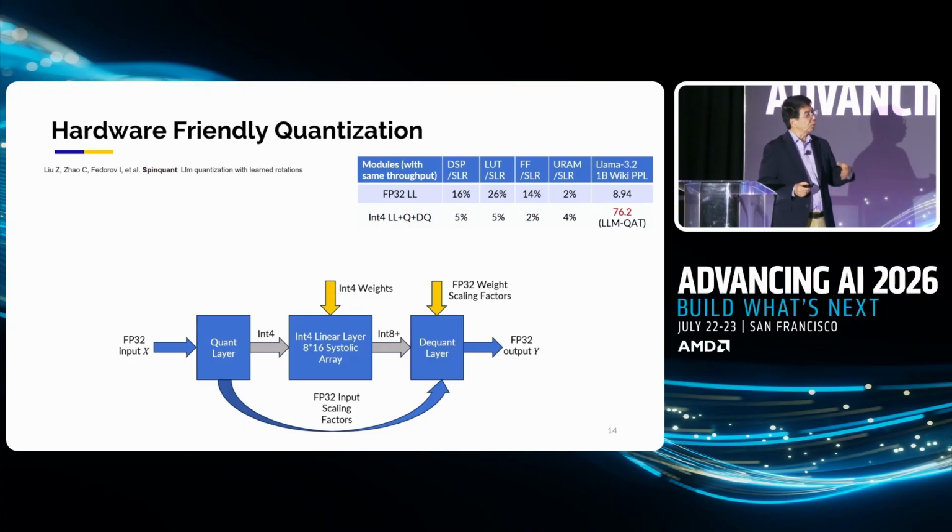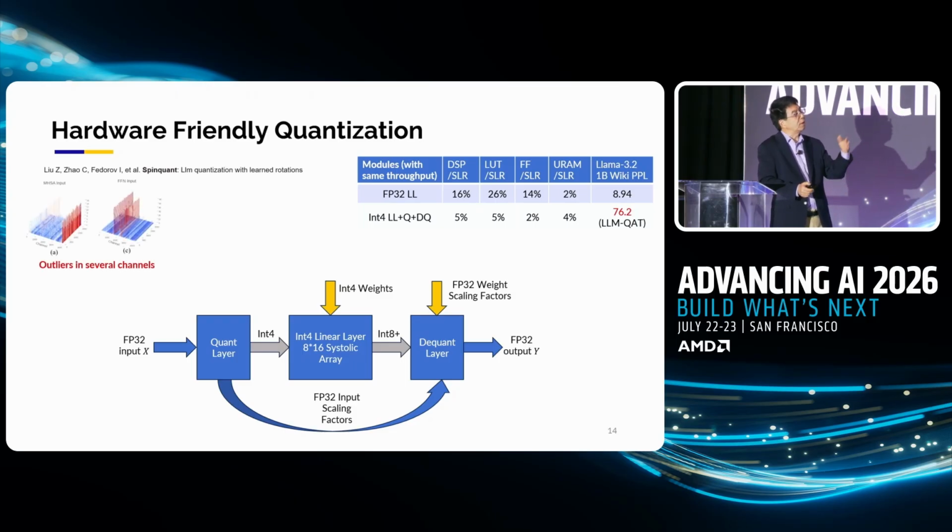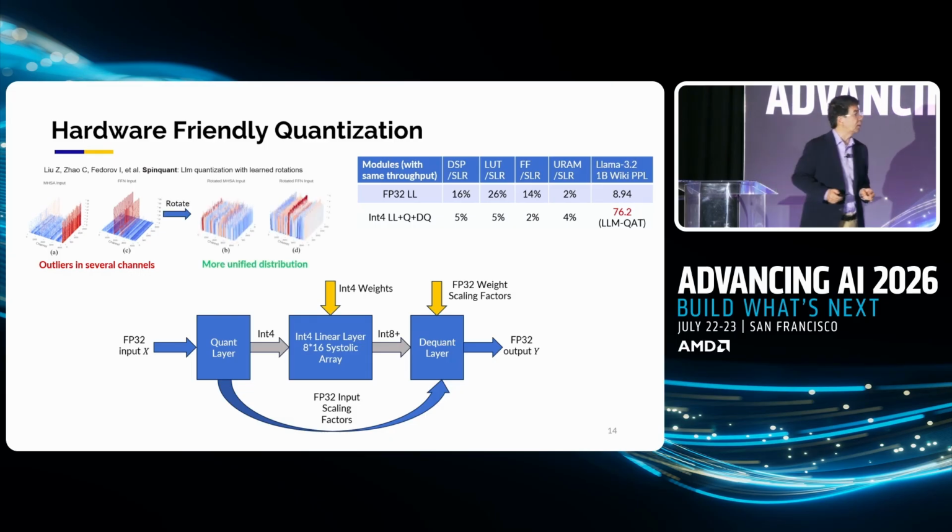Quantization: you don't want to start with FP16, a lot of the time you can come down. Because for a customized chip, if you can narrow the bit width, not only do you save the memory transfer, you also reduce the size of your compute elements. Instead of 8 by 8 logic to do multiplication, you can do 4 by 4. However, if you do simple post training quantization, or even quantization aware training, you get a pretty bad result. So here we make use of a work out of Meta,